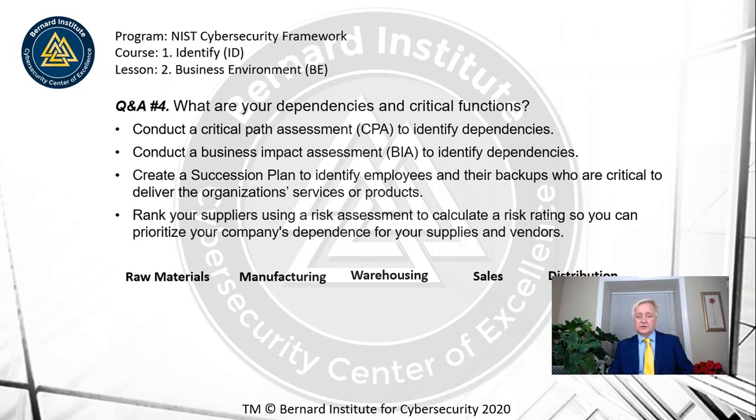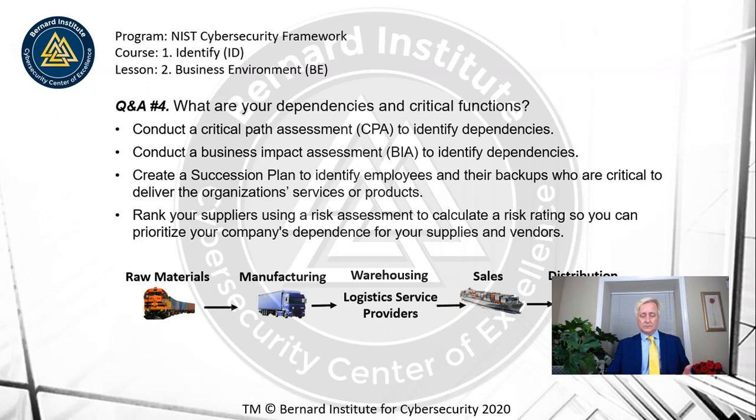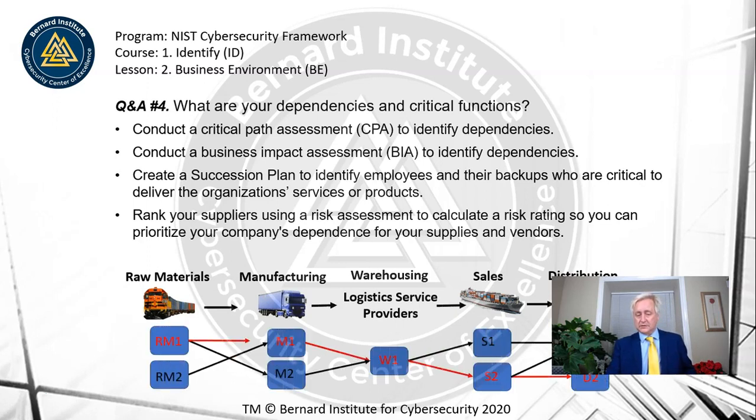Rank your suppliers using a risk assessment to calculate a risk rating so that you can prioritize the company's dependency on your suppliers and vendors. So this might have already been done as part of the disaster recovery or business continuity process, but you want to find out which suppliers are more important to your organization. And when you do a critical path analysis, you might find out that raw materials 1 is critical for our mission, but raw materials 2 is not. You might also find that the manufacturers in block 1 are more critical. Maybe it's because of their specialized knowledge or skills in developing the product or services that you provide. And then you might also find out that